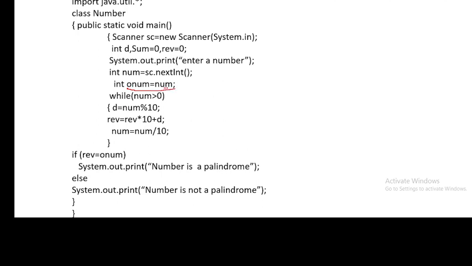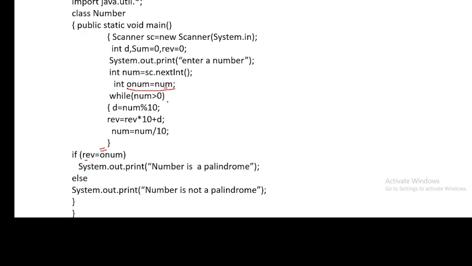This statement is mandatory in this program, because lastly we are checking that the number which we have obtained after reversing the digits, if it is equal to the original number. Here we have to write, in place of single equal to, we are checking whether the value of reverse is equal to the original number or not. So we will use the double equal to sign. If this reverse number is equal to the original number, then it means the number is a palindrome.